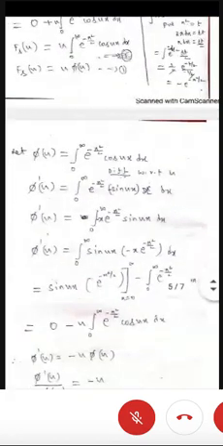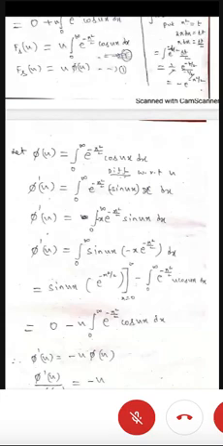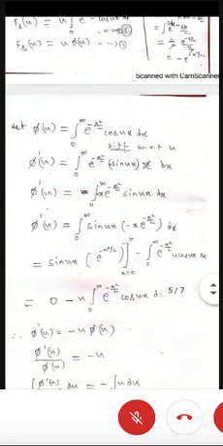Now phi dash of u on the left side. On the right side we have integration from 0 to infinity of minus x e power minus x square by 2 sine ux dx there. Okay, continuation of this: integration from 0 to infinity, sine ux as it is, the term minus x e power minus x square by 2 as it is, dx as it is. Again, it's a product of two functions. I can make sin ux one term, and minus x e power minus x square by 2 another term.